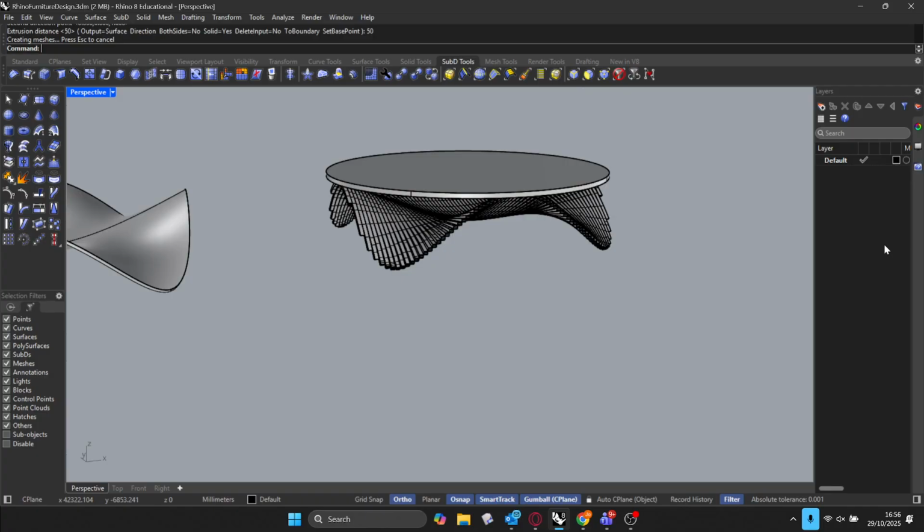So is there an equivalent command for every sub D? For example, offset. They have a separate offset. Yeah, sub D has its own offset, because sub D